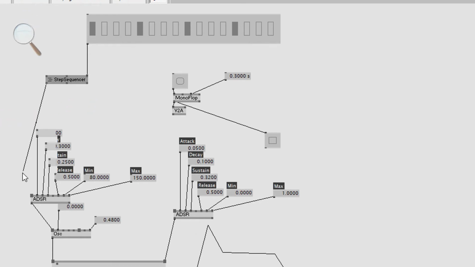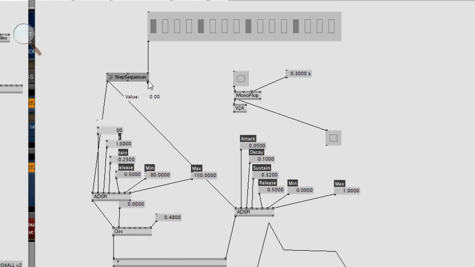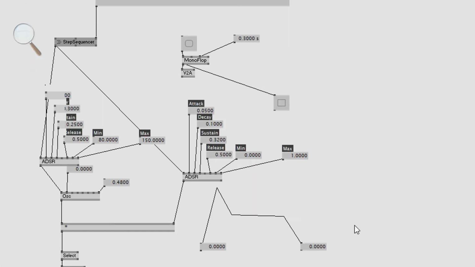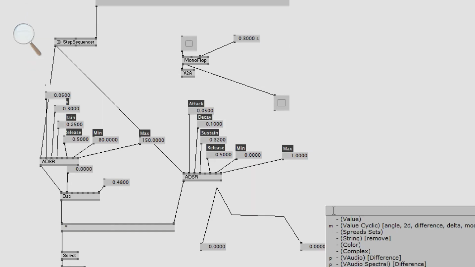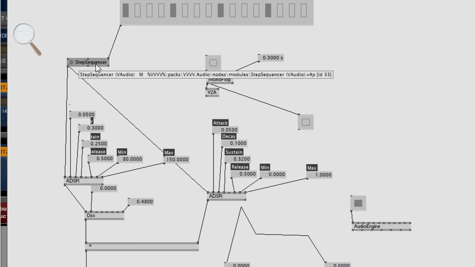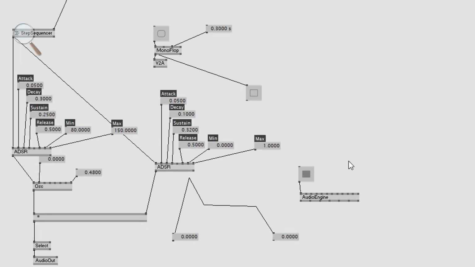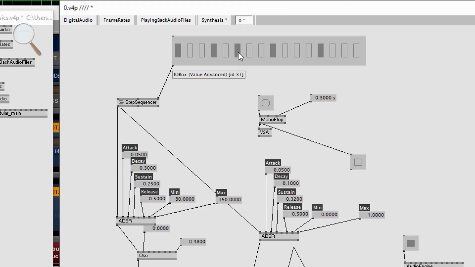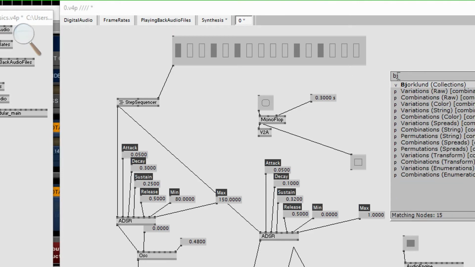Come on, you should behave nice. Position value. Yeah. For whatever reason, you need to have an audio engine in the same sub patch as this, which is a bit weird, but it works. So, and then for this, you can actually, there is this nice